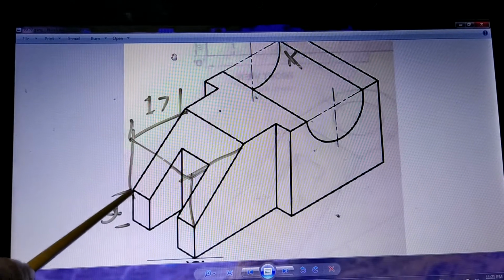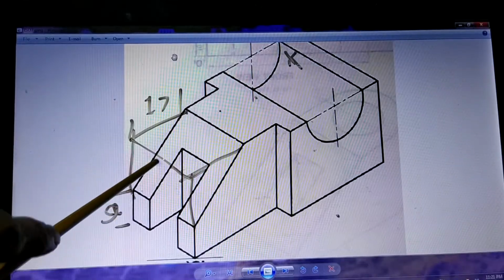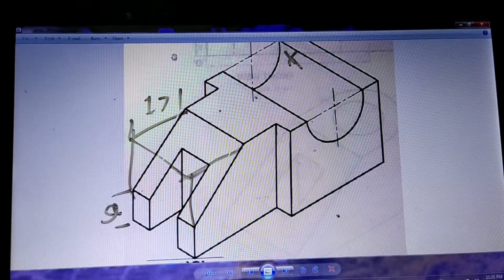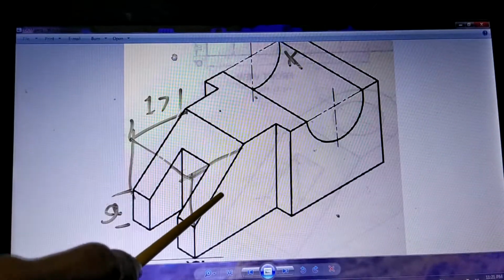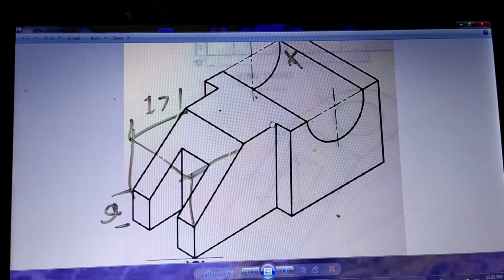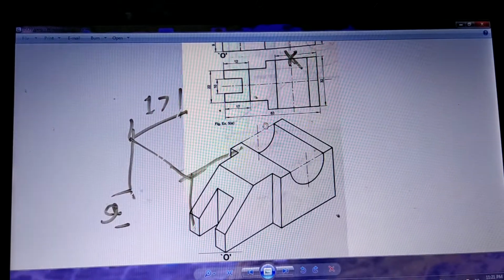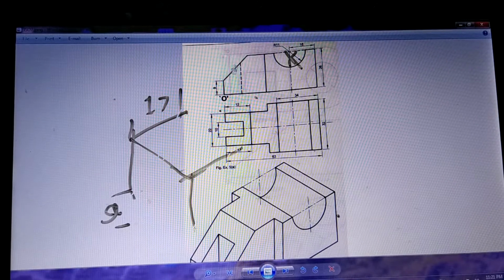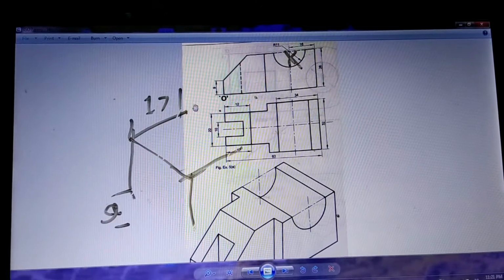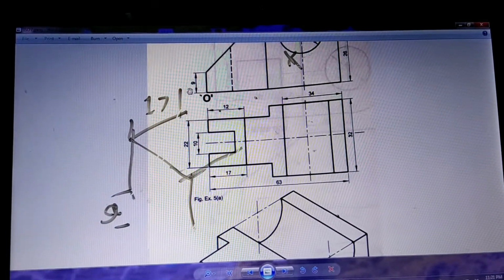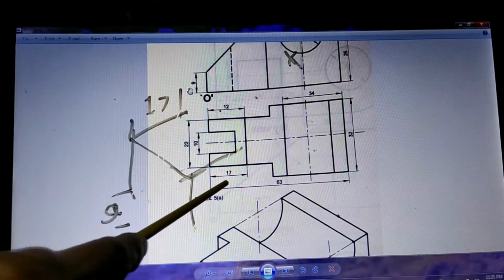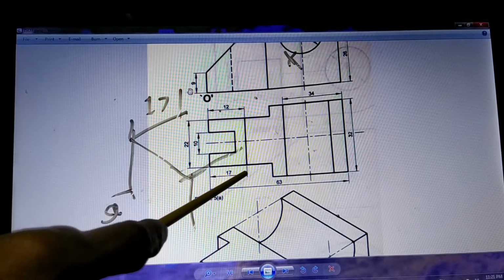So once you look at these points 9 and 17, you can draw this line and get the inclined surface. Now once you get the inclined surface, this line is there with you, and here also that line is there. So if you go back to the earlier figure, in this figure you will come to know that there is a rectangular cutout here, and this cutout has a certain distance. Now what could be the figure is, this 12 must be for this, and this full thing is 17, this is 12, so 12 and 17 it could be like this.